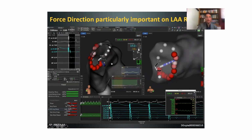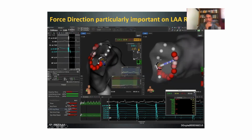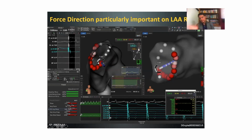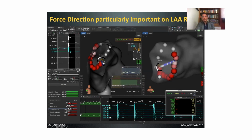What's very important here is the use of the force direction. Now, if you're used to using Carto, you know that it's got a force directional vector, which is very handy, especially while ablating on the appendage ridge, because there, just before you fall off from the vein into the appendage, you get that arrow which points you anteriorly. Now, you don't have that with this technology. So what you have to bear in mind is that you just keep pulling the catheter back and marking it with the